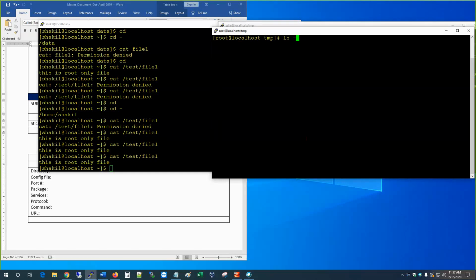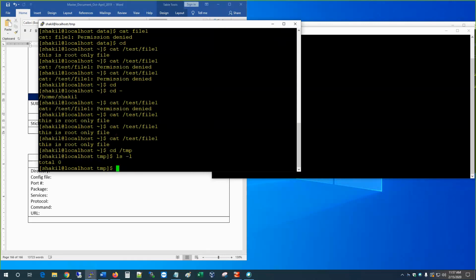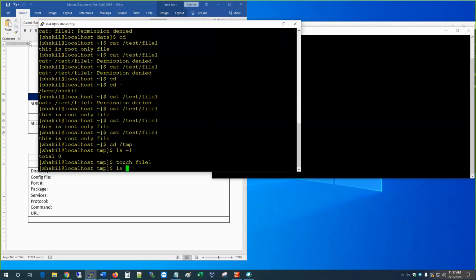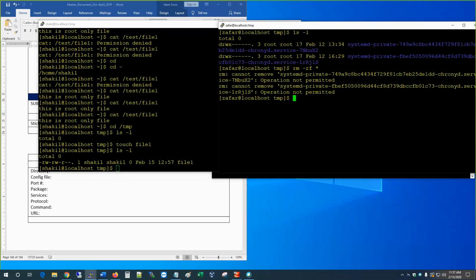So there is nothing in there. So I go to cd tmp, ls -l, there is nothing in there. So I'm going to create a file, file1, and I do ls -l. Okay? And now I do ls -l and then touch